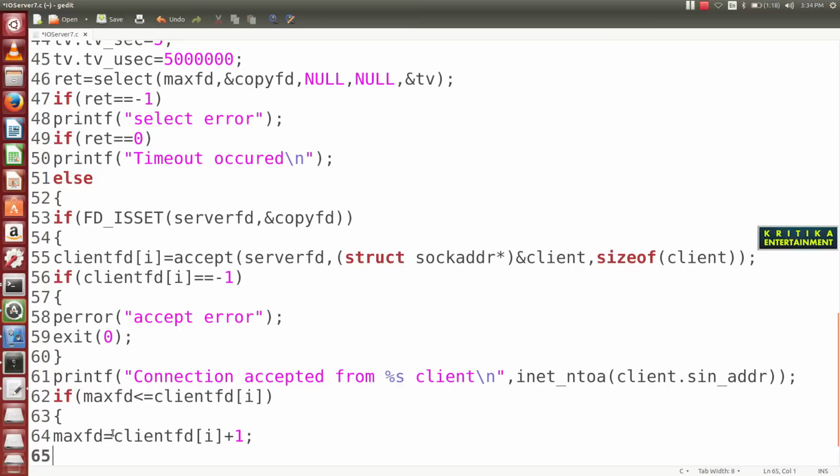This client fd returned from the client should be added into read fd, so that later we can check whether any data has come to this fd.